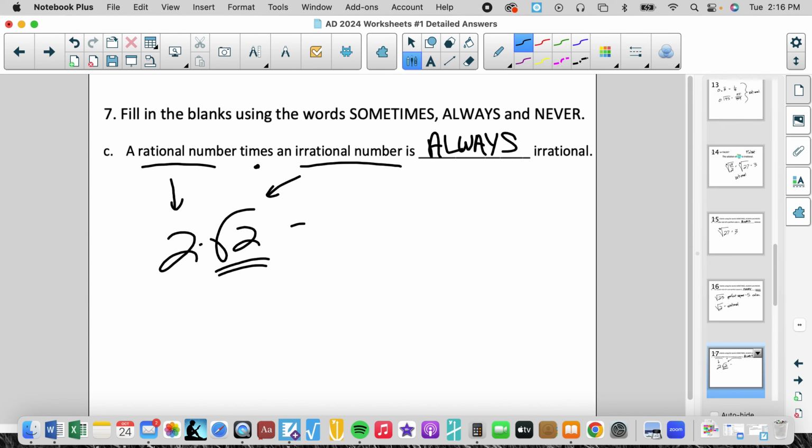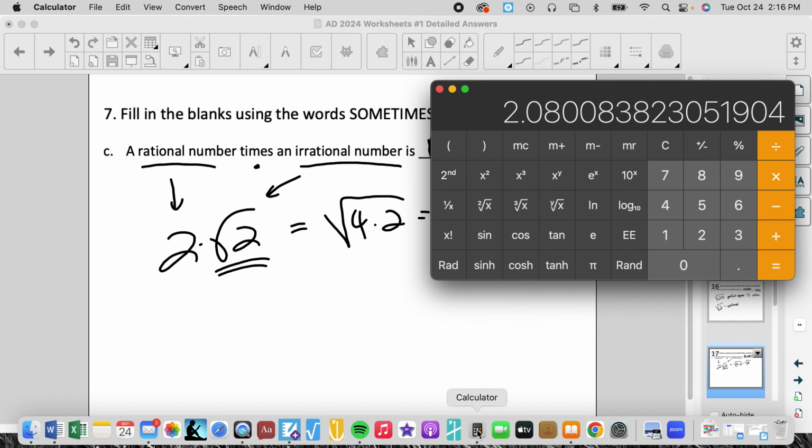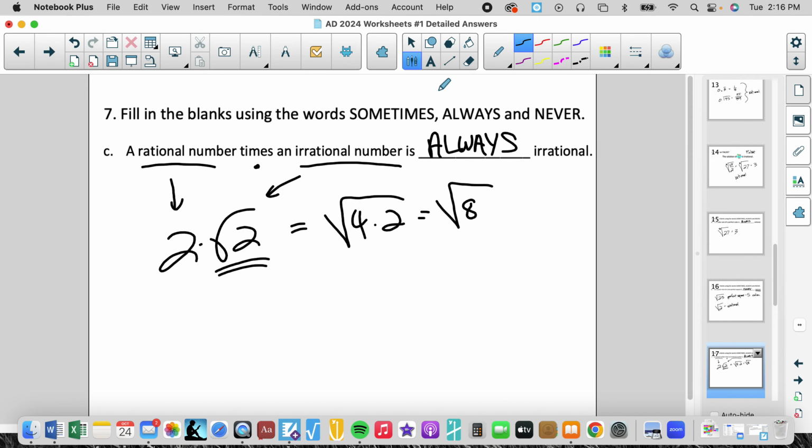we know that, well, let's do this. So what would produce 2 rad 2? Well, that would be 4 times 2, or the square root of 8. Don't mix cube root of 8 with the square root of 8. So if we do the square root of 8, you notice we get a non-repeating, non-terminating. So square root of 8 can be written like this, which can produce that. And it is always going to be